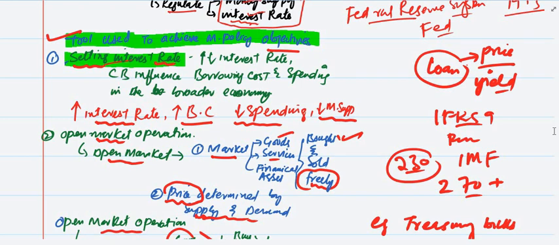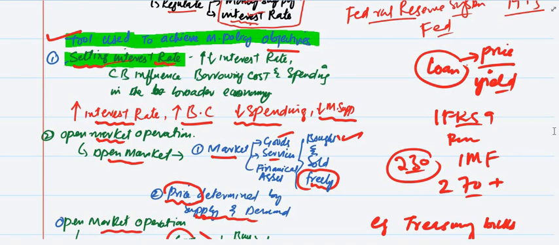Let's say if you're taking money from a financial institution, then you have to pay some money for that. That is called the borrowing cost, and that borrowing cost is the interest. So the price of borrowing money, or the yield for saving money at a financial institution, we call an interest rate. Now, by increasing and decreasing the interest rate, the central bank can influence the borrowing cost and spending